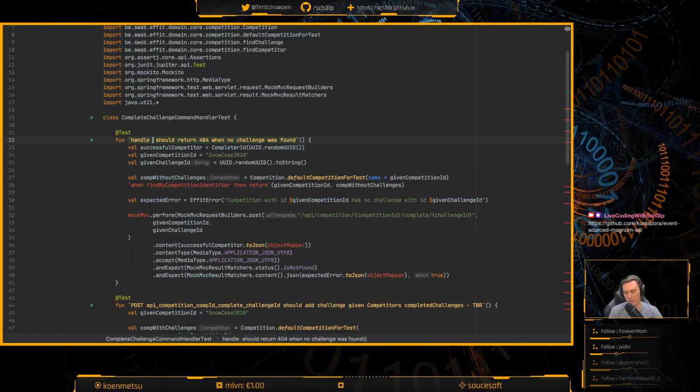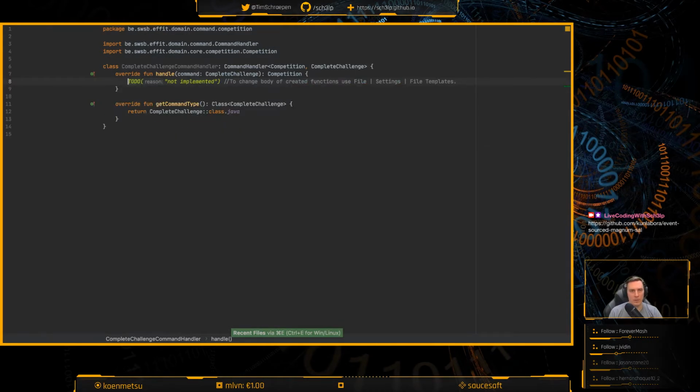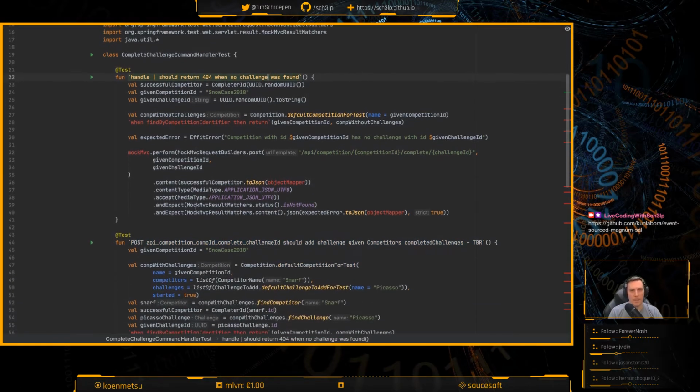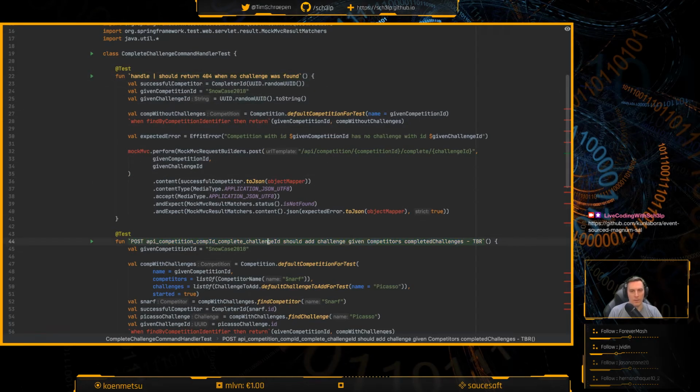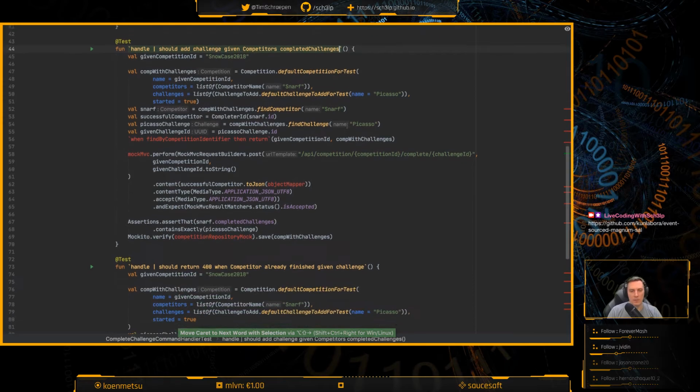I forget. So the command handler, yeah, handle should return 404 when no challenge was found. And then handle, there we go, should add challenge given competitors. So this to be removed, I mean, can go.